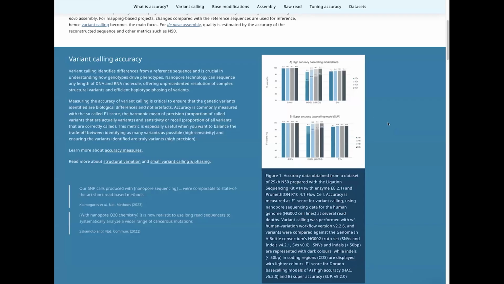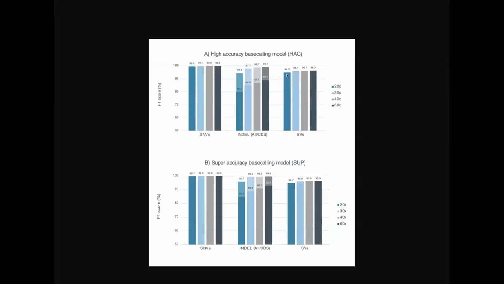We have an accuracy page. I can show you. I'm not sure if it includes it, but basically, we have charts here showing you the difference between high accuracy and super accuracy models. It's hard to read, unfortunately. But I think what the chart is trying to convey is that